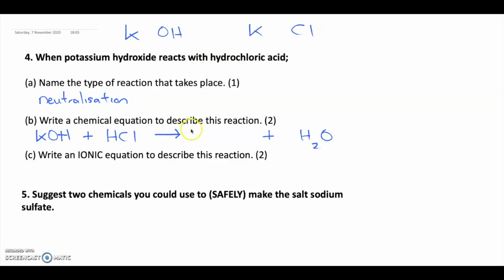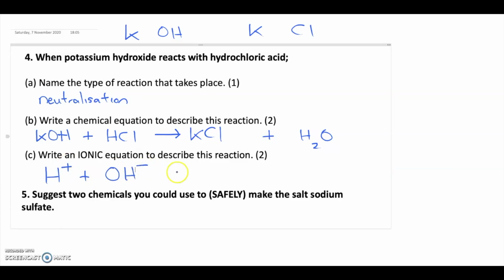So let's write this in here. Now this equation is already balanced because we have the same number of atoms of each element on either side of the equation. Now for the ionic equation, it's just a simplified form of the chemical equation. H plus comes from the acid, OH minus comes from the alkali, and we form water. So there's 2 marks for this, 1 mark for the left hand side and 1 mark if you realise that